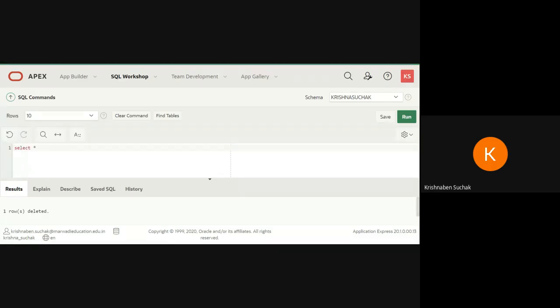Select star from trans, because now my table name is trans, where type of transaction equals to D. Okay, this is my new query. Everyone perform this query. If it is done, you can write here done. If you have any error, then you can write here error. You are having 5 minutes. You can ask if you are having an error.